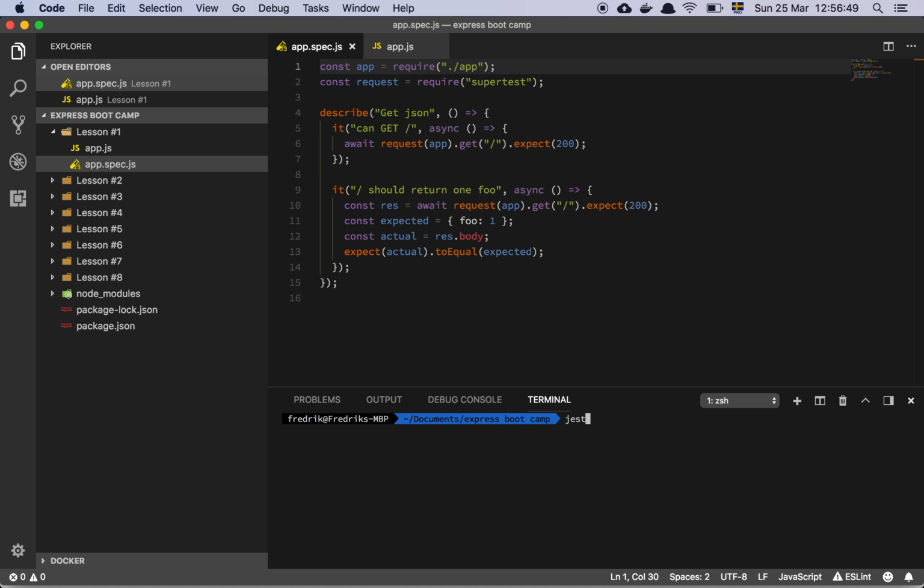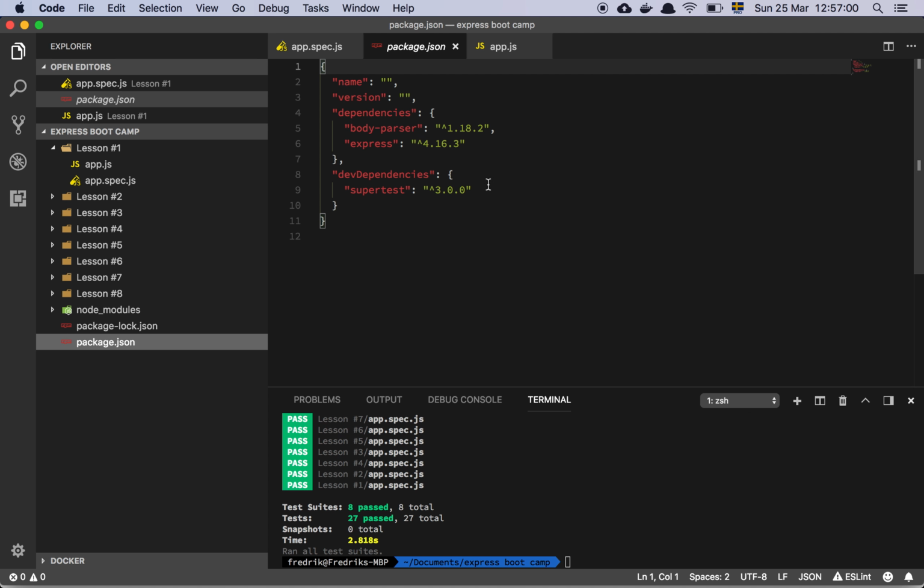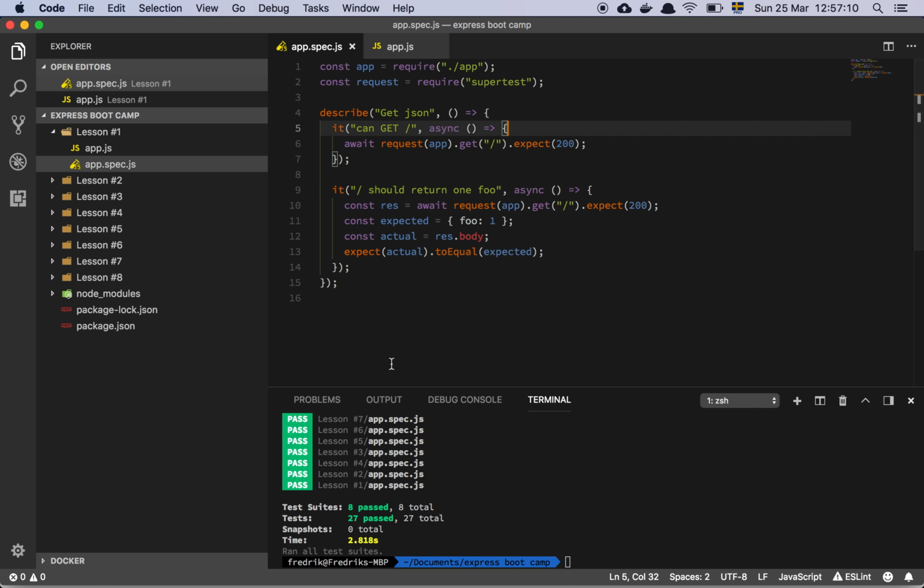setup that I'm using. So if I just run Jest now, you're going to see that all of my little tests here are passing, and this is a basic Jest test. We can actually go and look at my dependencies here, and we can see that my dev dependency is supertest, and then we have body parser and Express. I have Jest installed globally on my computer, but I could probably add it into the package.json as well there. But anyway, so the goal of this series is to teach you the basics about how a server talks